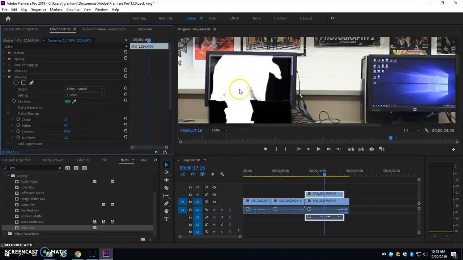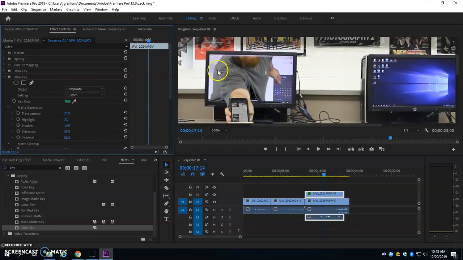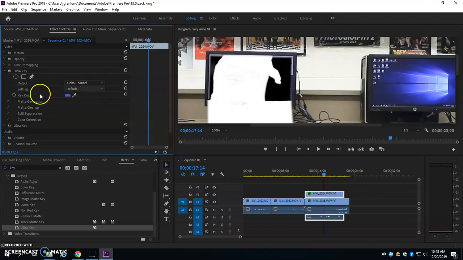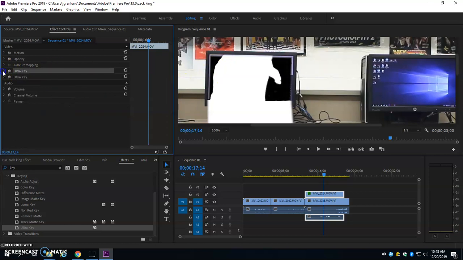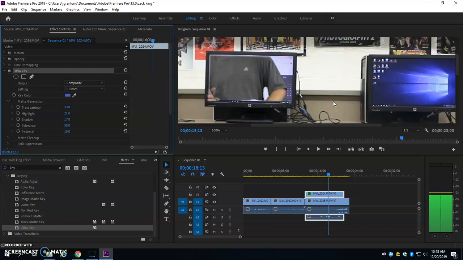And what we're trying to get is a really clean black and white separation from there. That's looking pretty good. So now when I go back to composite, I have a really nice cutout. And I can go back to my blue screen cutout, change that to alpha channel, and then clean that up as well. You know, maybe adjusting transparency, highlights, shadows to get rid of that black stuff there, and finally turn it back to composite. So now I have a really clean cutout,